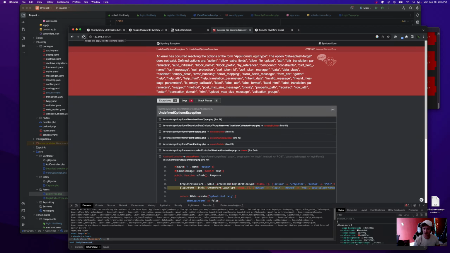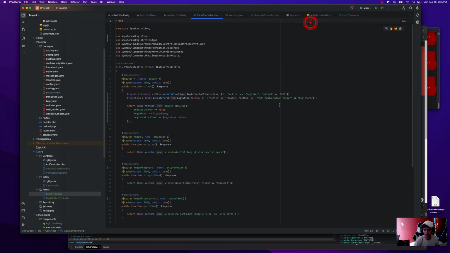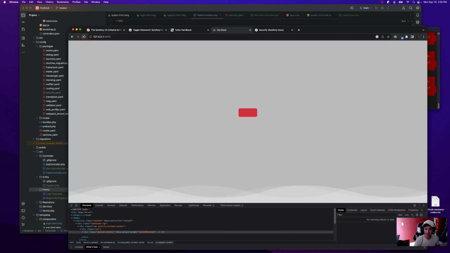Oh. Doesn't like that as an attribute. Okay, there's probably some other, just a form attribute. Maybe that's it. Form attribute, and that's probably going to take an array. Or maybe it's actually data. Or maybe it's just attribute. I don't know. Let's try it.